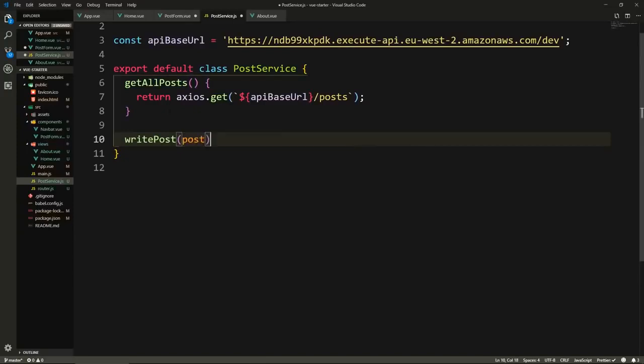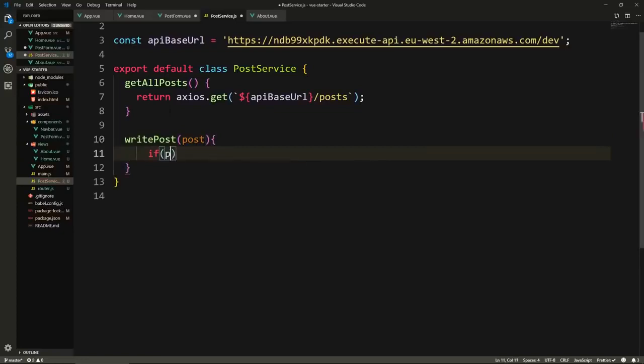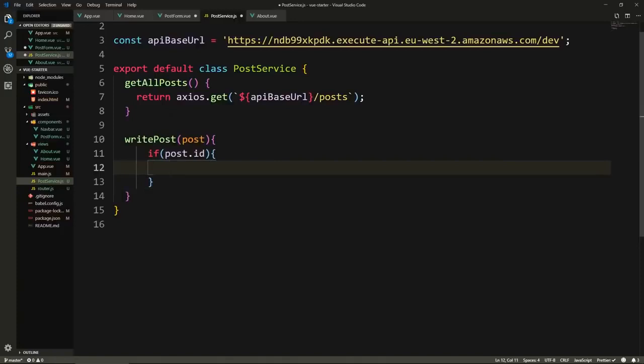We'll take a post, and here it will say if post.id. So the way I put this writePost to work is that we send it a post, and if the post has an ID, that means we are editing this post because this post already exists and has an ID. But if it doesn't, that means this is a new post. So I actually use the post method, add /post, and create a new post. So here, if it has an ID, we're actually editing a post. So we want to say return axios